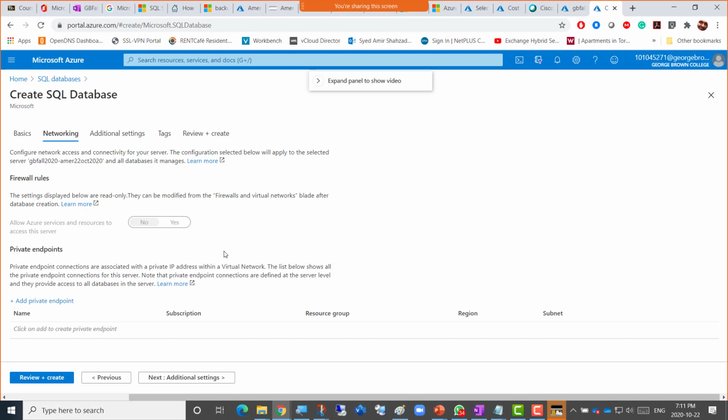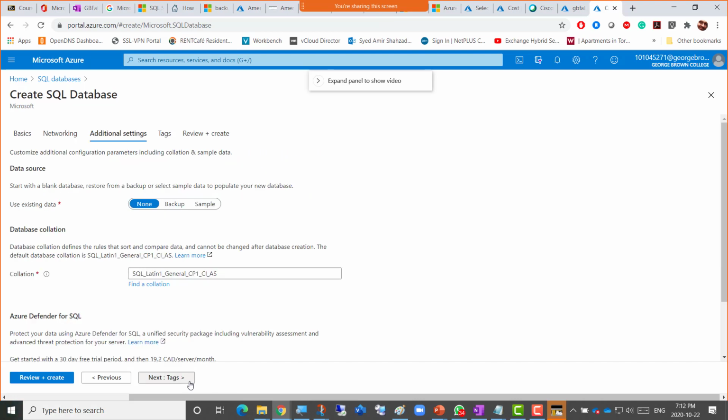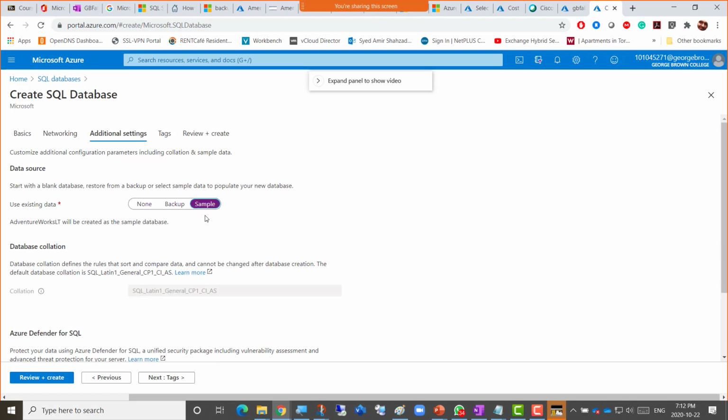Let me do the whole lab later, and come up with that, and we can do it together later. Okay, so firewall rules, private endpoints, name, nothing here. I'm going to click additional settings, and I'm going to go for the sample AdventureWorks database here as well. So I click the AdventureWorks sample database, and then I'm going to click tags,